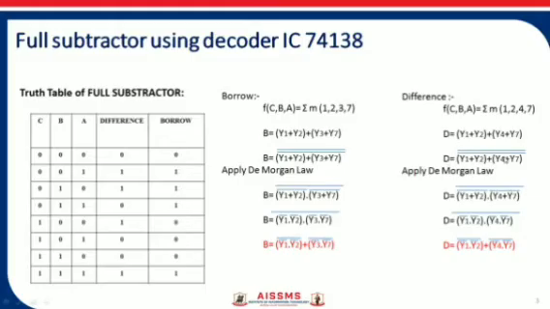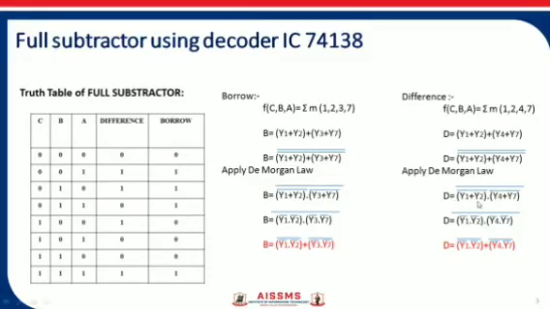To convert this, we apply De Morgan's law and a double bar on the expression. If I apply De Morgan's law to the first bar line, the conversion will be (Y1 plus Y2) whole bar dot (Y4 plus Y7) whole bar. The actual De Morgan's law is, if (A plus B) bar expression is there, then the equivalent output is A bar dot B bar. On that basis, this expression comes into the picture.